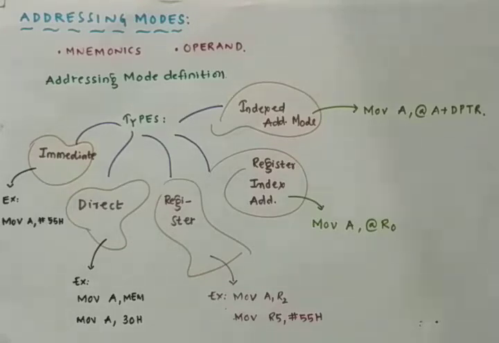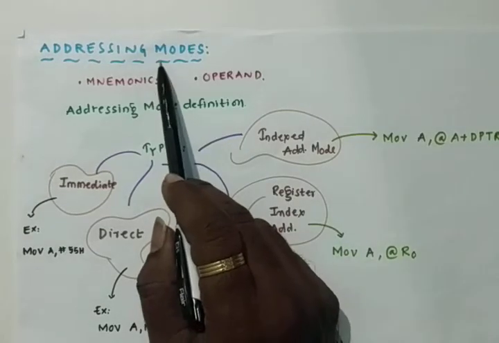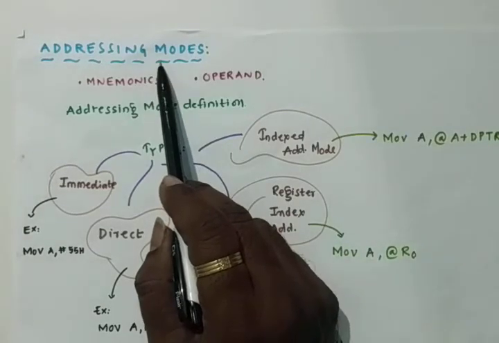All these things we have discussed in the last class. We will have the mnemonic and operands. The mnemonics are nothing but the instructions themselves, defined by a few alphabets. Using a few alphabets, we define instructions that are called mnemonics. Operands are nothing but the data on which the instructions are going to be performed. In the addressing mode, first we have to know what an addressing mode is.